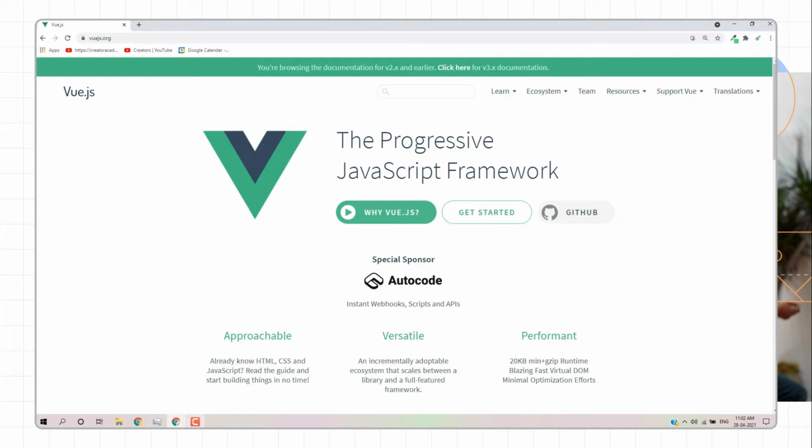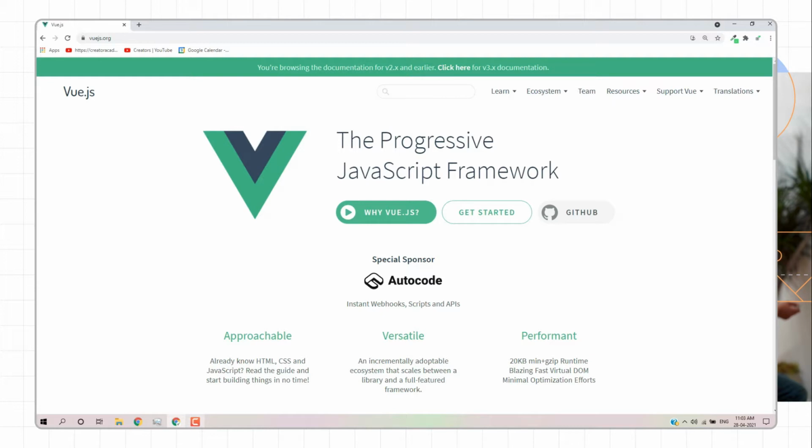Second, it is versatile, meaning they provide a lot of libraries that you can directly use in your project. And for performance, as I told you, the size of Vue.js is around 20 KB, and it is a very fast, optimized framework compared to other frameworks.